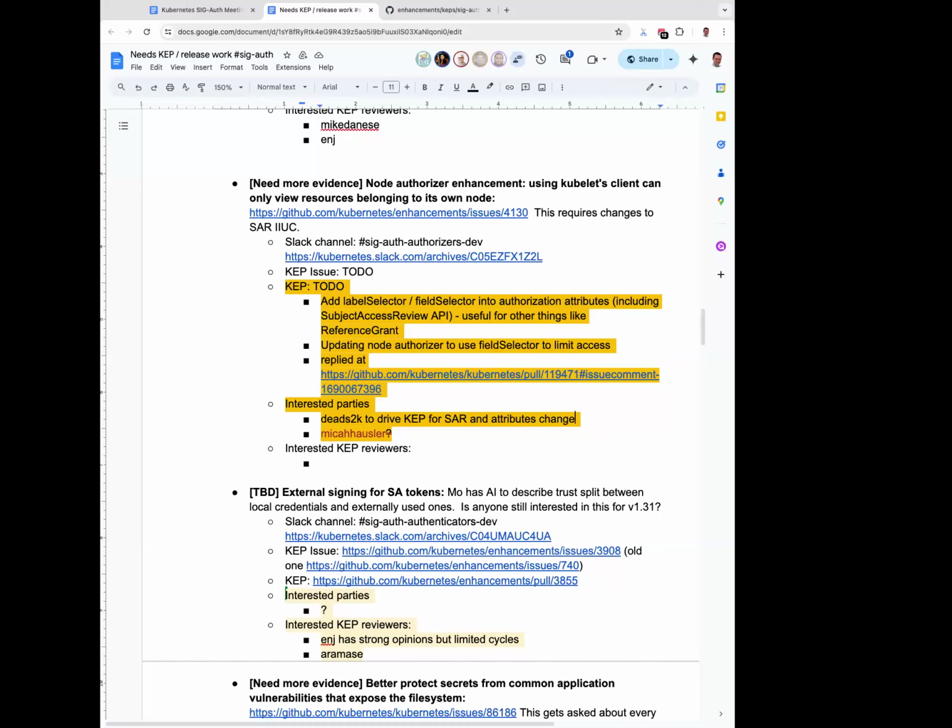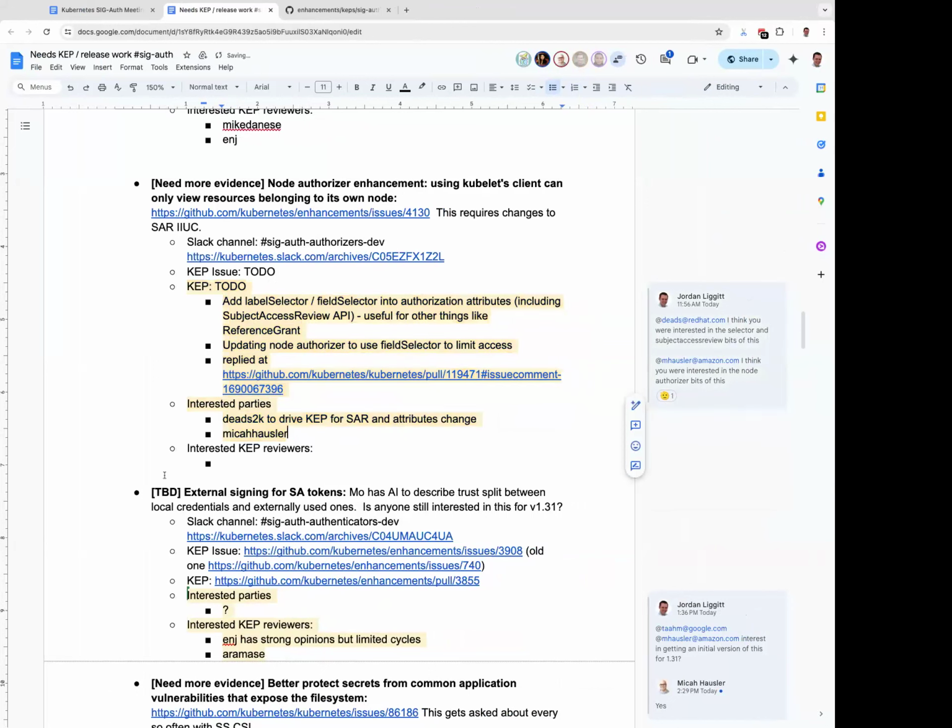Right. At this point, I'm not volunteering for the entry change. My primary goal here is to make it possible to see, like, does someone want to invent an API to say match on this sort of field selector when this part of that field selector matches that part of a user? I don't know how to make that API, but I really want people to be able to do it so that they can come back to us and say, you need to make an API like this because it's so awesome. Check this out. The node authorizer may or may not be an easy add-on on top of that. Yeah, there's no API surface there. There's no API surface, but there's also the question of